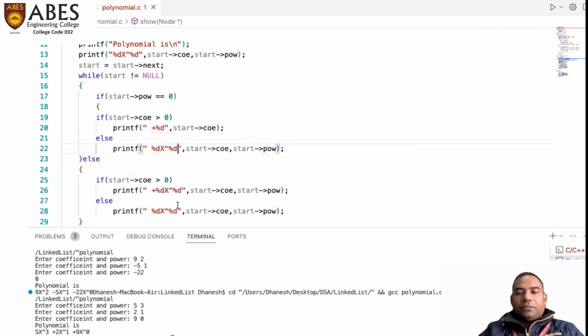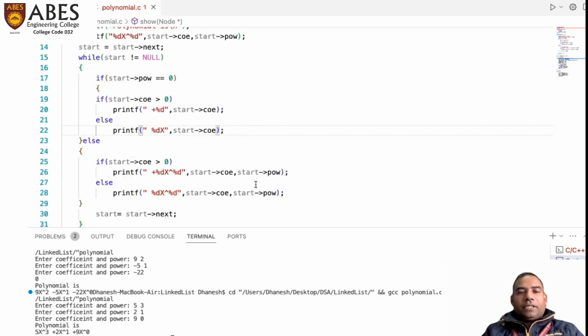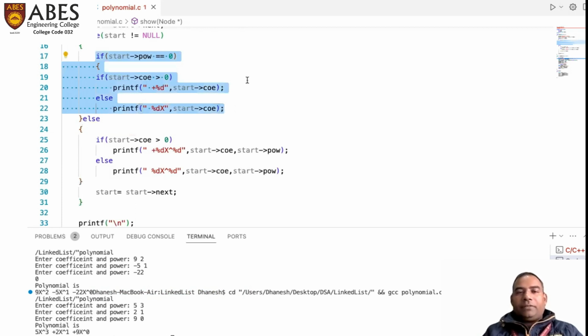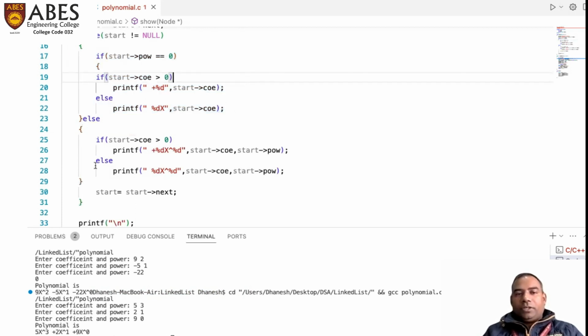And for the negative symbol also, it may be possible that the last term is in the negative part. So we remove this, and for all the other cases it will execute. So this will execute only for the last statement, if the value of x is to the power 0. Okay. And then for all the other sections it will execute like this, where the value of power is not equal to 0. So now if we save this and execute this statement here,